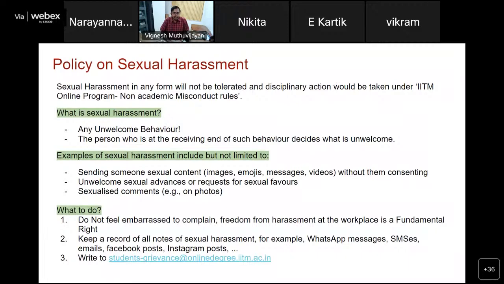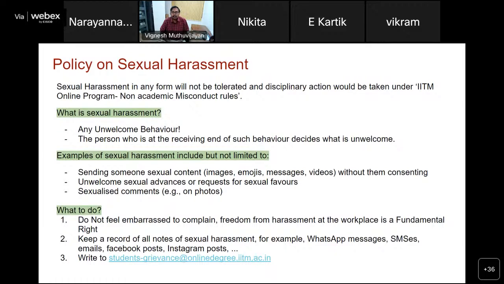In case you are a victim, in case you are facing something like this, please do not feel embarrassed to complain. You have the right to be free from harassment at the workplace. It is a fundamental right. In case you have faced something like this, you can reach out to us. Please keep a record of everything, whether it's a WhatsApp message, SMS, email or Facebook post.